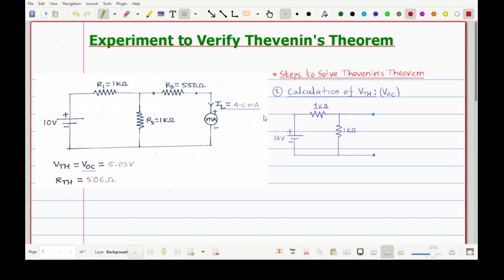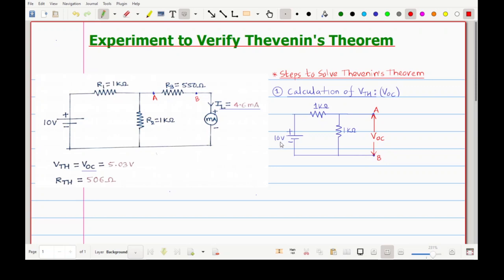Okay. So friends, now what we have done, this is our converted circuit. So suppose this is your point A and this is point B. So we are removing this R3 resistance so that we will get this open circuit in between point A and B. Okay, and whatever voltage we are getting between these 2 points is nothing but your open circuit voltage, or it is also known as Thevenin's voltage. Okay, so now our aim is to calculate this VOC.